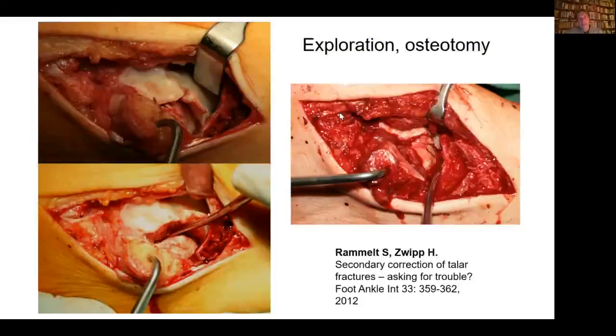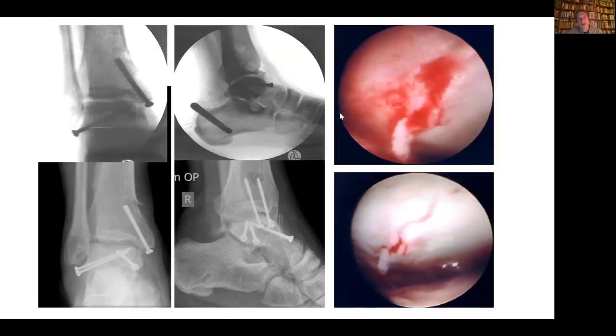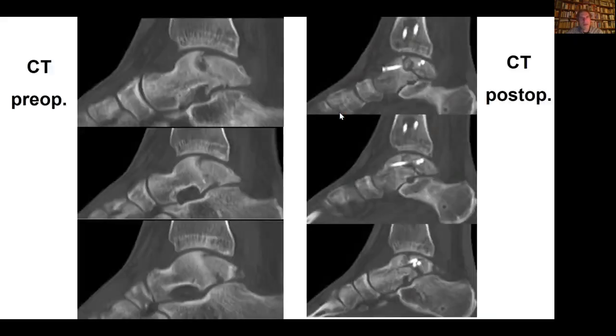So we went there at a little less than 5 months, and we did an osteotomy. You could nicely see the former fracture line and enter with the osteotome, and then go all the way through to the subtalar joint. The reduction of the subtalar joint was controlled arthroscopically because it was not nicely seen from the margin, and then the fracture was fixed with screws. We put some bone graft onto the talar neck in that region where there was already a mild cyst, and the screws in the medial malleolus are just from the osteotomy.